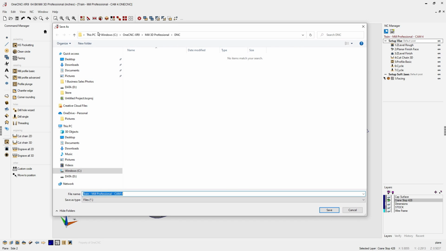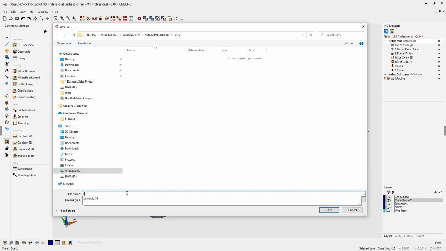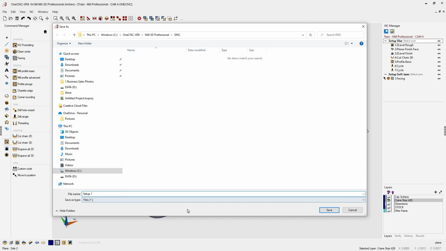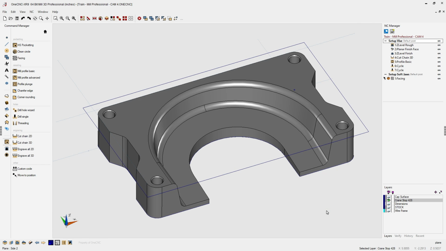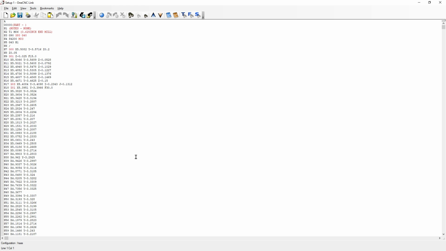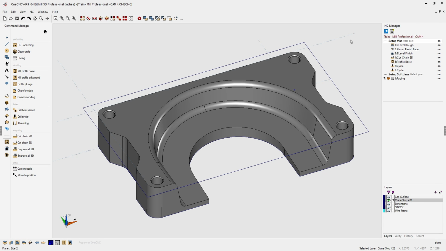Here's where we can designate a name and location of our CNC program. I'm just going to call this Setup 1. That's going to be the name of the CNC program. We'll click Save, and then OneCNC is going to generate the CNC program and take it inside of the text editor. I'm going to close the text editor down, and why don't we create a CNC program for our SoftJaws